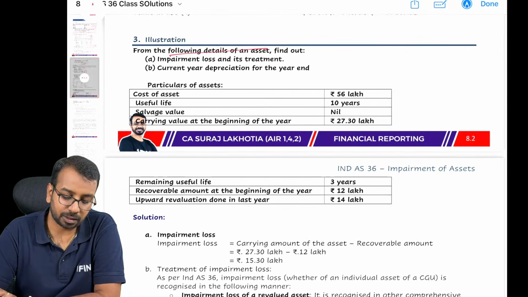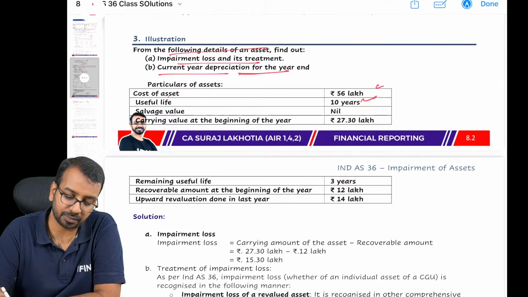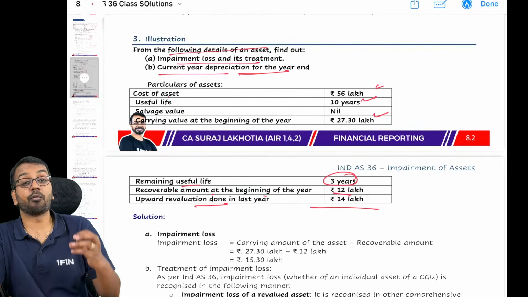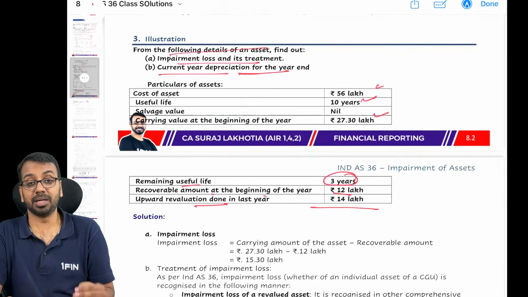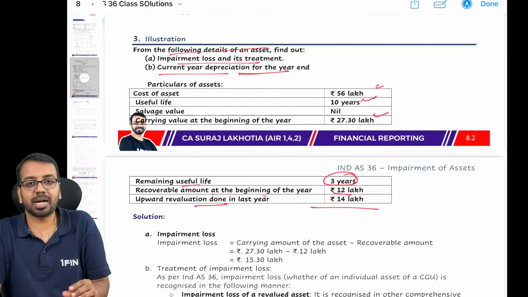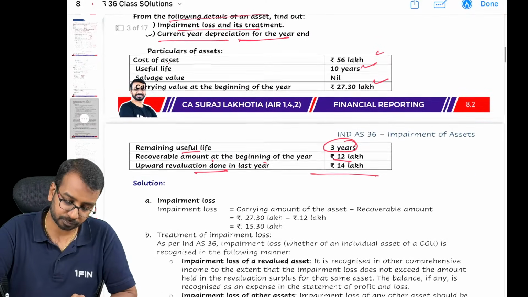From the following, calculate impairment loss and current year depreciation for the year. Cost is so much, useful life is so much, carrying value at the beginning is 27.3. Remaining useful life is 3, recoverable amount is 12, upward valuation done last year 14 lakhs. Now, whenever an asset has been subject to the revaluation model, impairment loss is treated as a change in revaluation. Okay, so